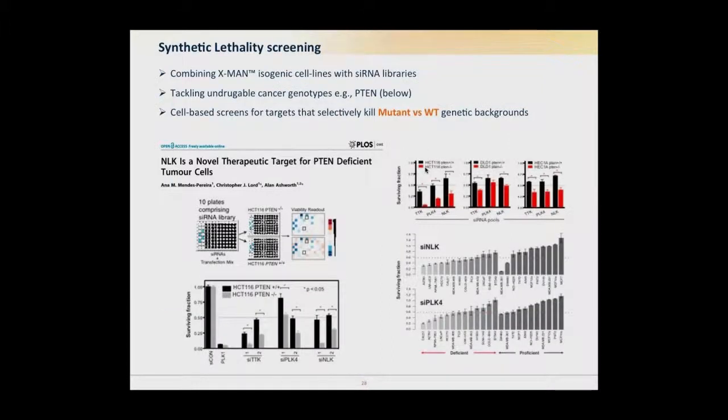Now, I mentioned before some of the work around synthetic lethality screening, and this is something where we've been able to use our isogenic cell lines as a novel tool in synthetic lethality screening. So we can take difficult to drug genotypes, so for example loss of a tumor suppressor or an oncogenic mutation, create the isogenic cell line pair, and then screen against an siRNA library. So what we're looking at is when you knock down another gene, does that give you a selective effect for a particular genotype? So here's an example where we took a tumor suppressor P10 and we did a cell-based screen